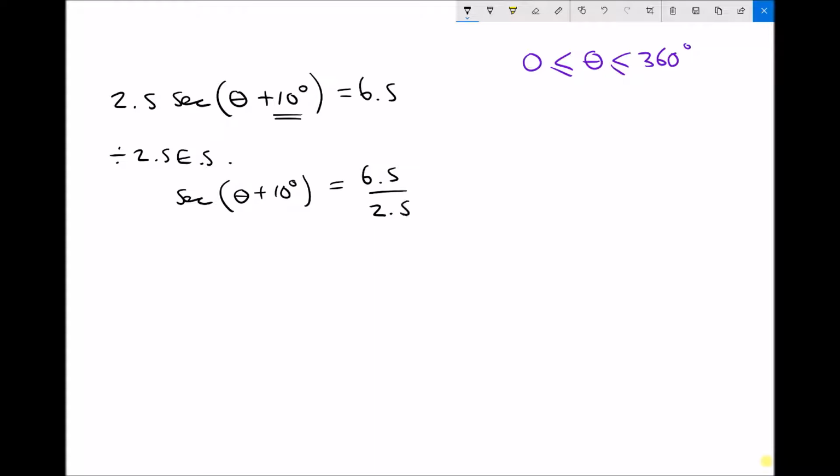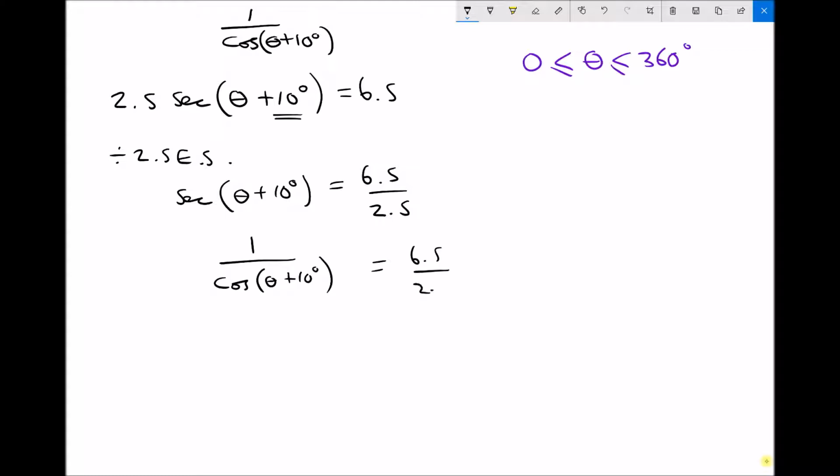Once again, I'm going to leave that as a fraction for the time being. And the reason I'm going to leave it as a fraction is because I can rewrite that. Recall that sec is the same as 1 over cos. So sec theta plus 10 is the same as 1 over cos theta plus 10. We need to keep that bracket intact, like so. So now I have 1 over cos theta plus 10 degrees equals